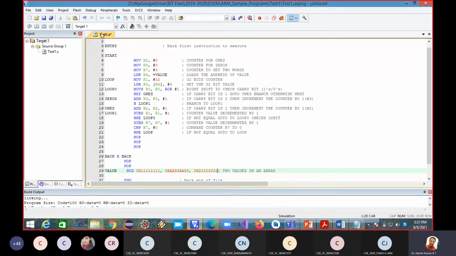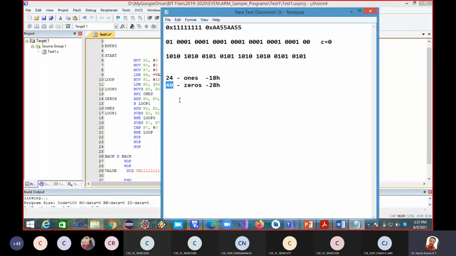Now see, when you write this single 2 in binary, how many ones do you get? 1, you get 1. Now like this, how many ones are there? 8 more ones. And how many zeros are there? 24. Let me come back here. Now 8 more ones get added to this. That means it becomes 32 ones. 32 ones and 24 zeros get added to this.